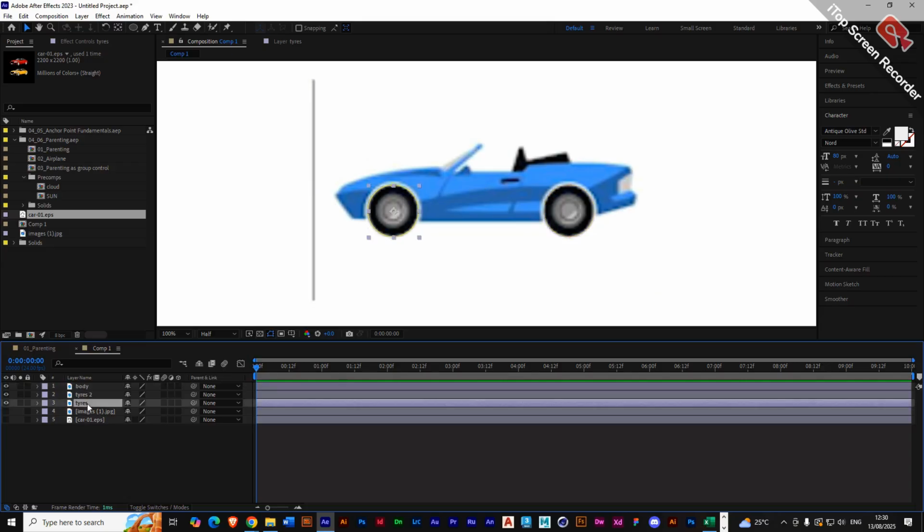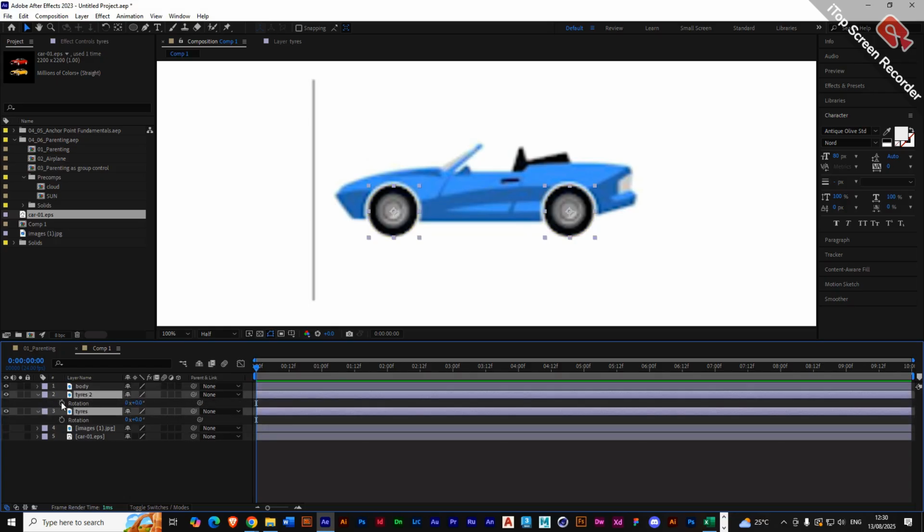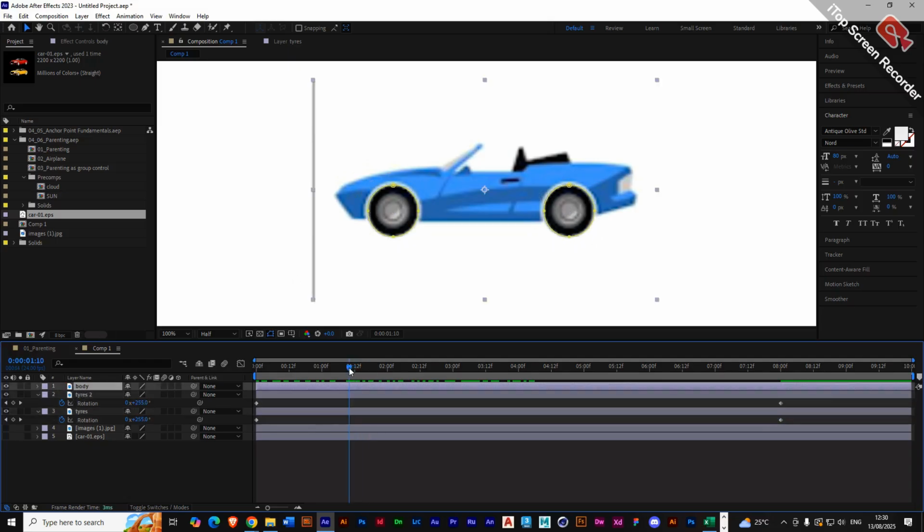Okay. So I can put rotation on both tires to start at 0 and turn 4 times. So they should turn within themselves like this, as you can see from here. And the body of the car, I'm going to put